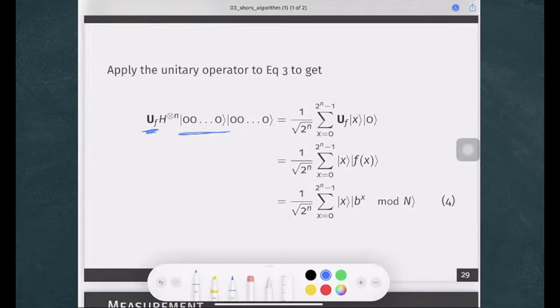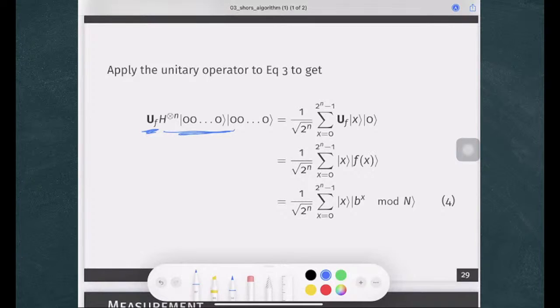The Hadamard here will give you this summation, and then, because of linearity,